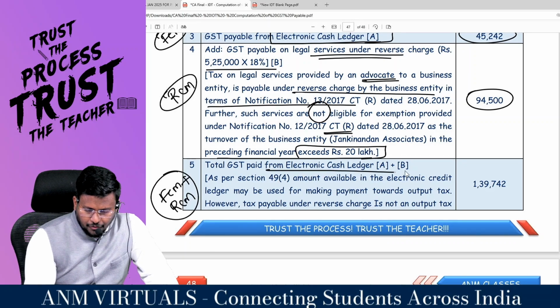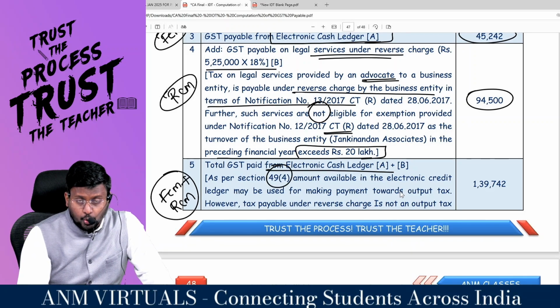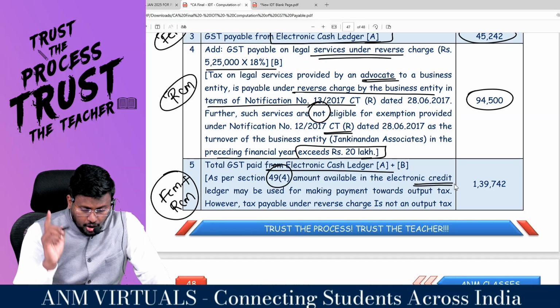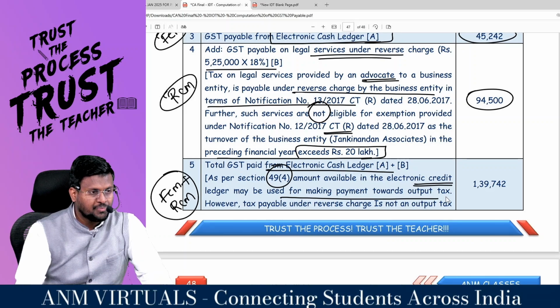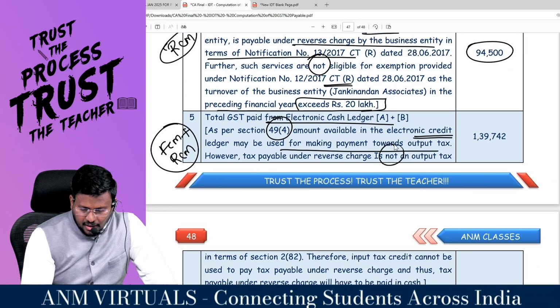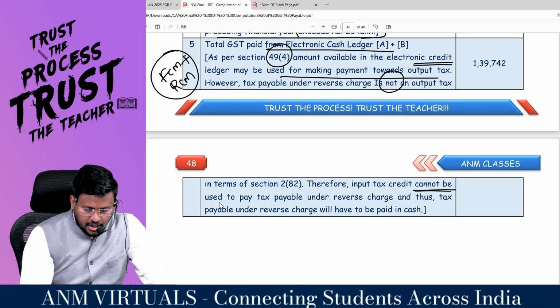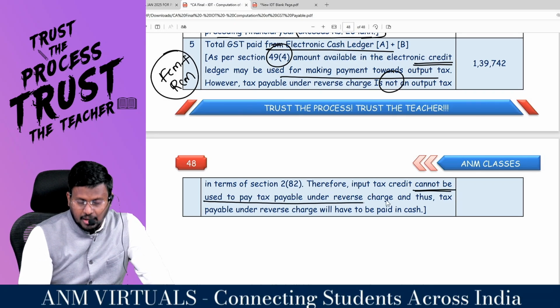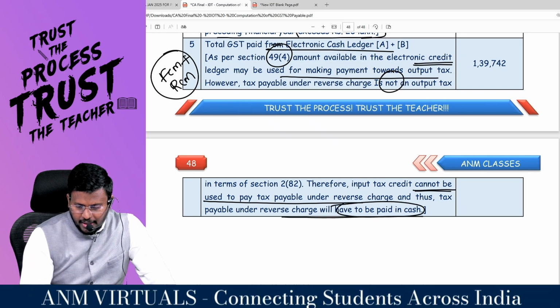Total GST paid from which electronic ledger? As per section 49 subsection 4, the amount available in the electronic credit ledger may be used for making payment towards what tax? Our tax payable under reverse charge is not output tax. Therefore, input tax credit cannot be used to pay tax payable under what charge? And this tax payable under reverse charge will have to be paid in